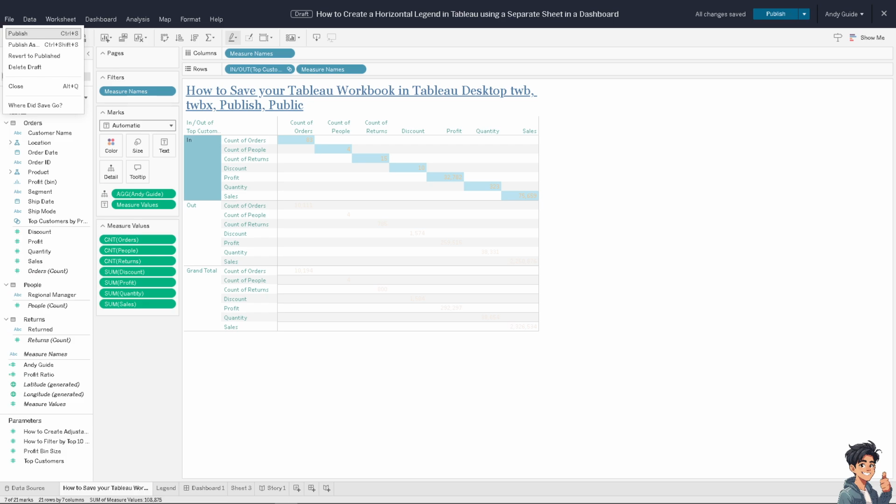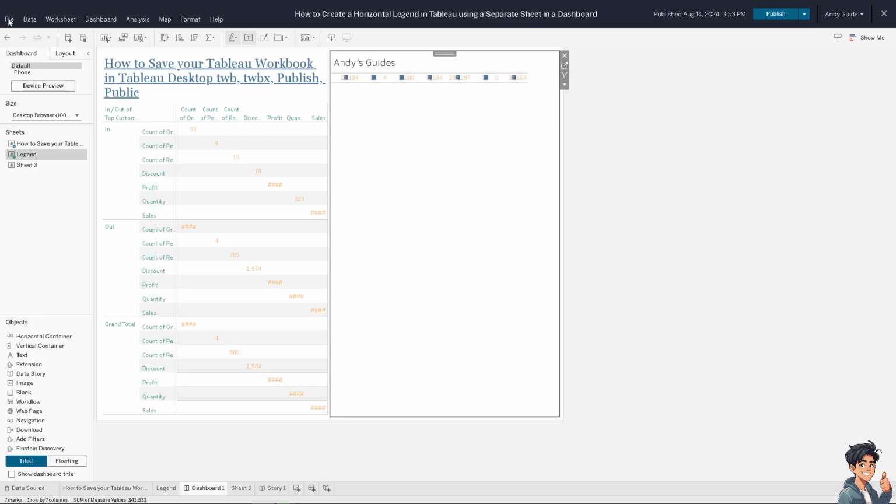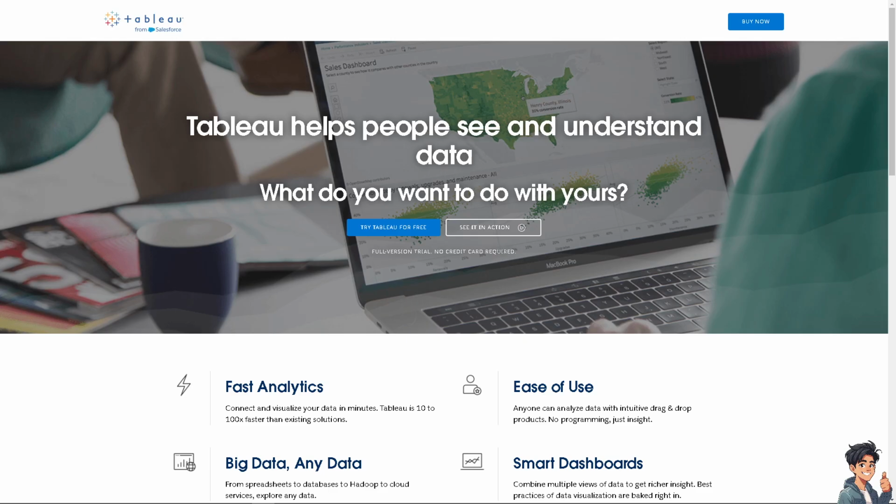Okay, and then from here, you would realize that there's no option for you to save your Tableau workbook here on the Tableau web browser version, all right? Because you need to download the Tableau desktop application itself. Now, if you haven't already, just download the Tableau for free desktop version. You see it's free, no credit card required. And once you've done that,